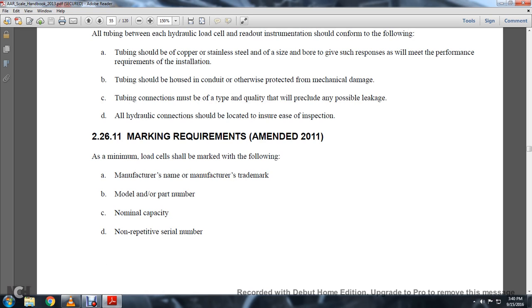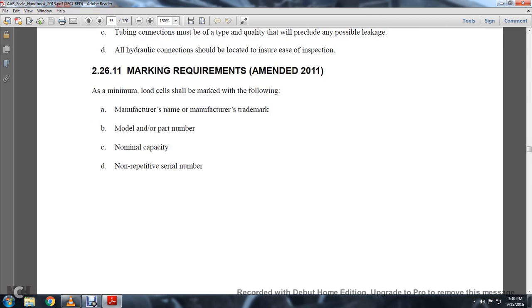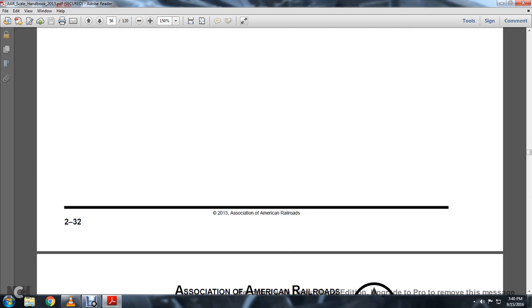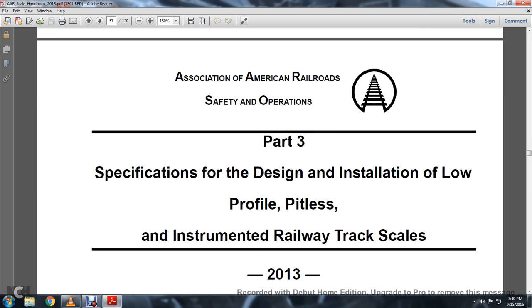226.11, marking requirements, amendment in 2011. The load cell shall be marked with the following: the manufacturer's name or trademark, model, part number, nominal capacity, and non-repetitive serial number. This page is intentionally left blank, and we're on to Chapter 3, Specification, Design, Installation, Low Profile, Pitless,